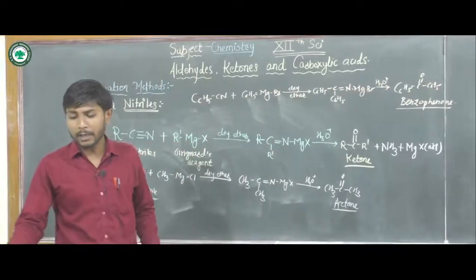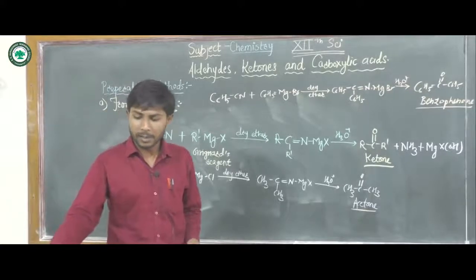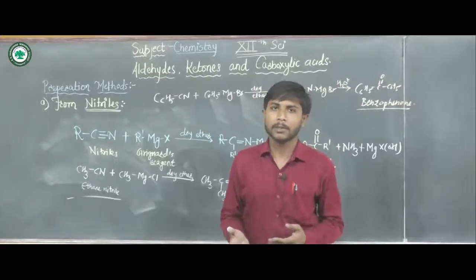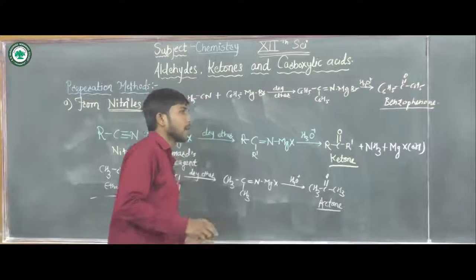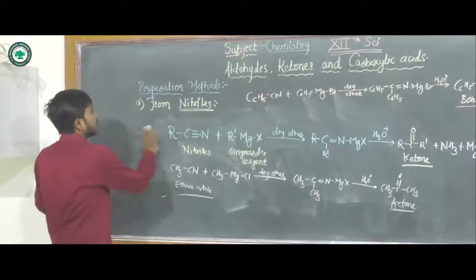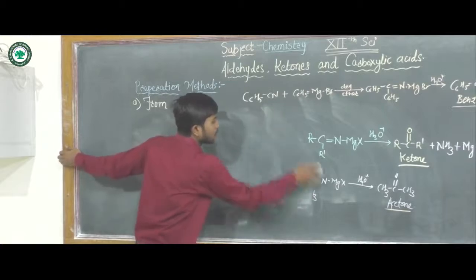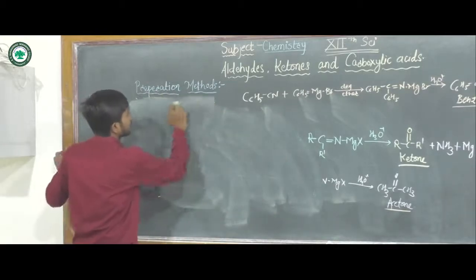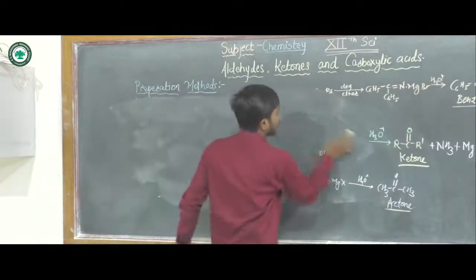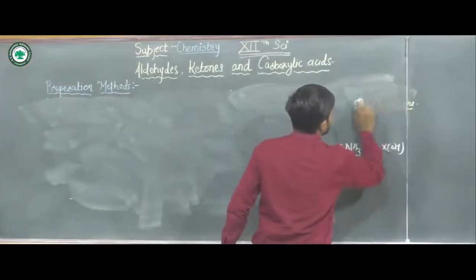Now we can prepare aldehydes and ketones from hydrocarbons also, but specifically here we are going to see the preparation of aromatic aldehydes from hydrocarbons. The aromatic hydrocarbon, for which we know the example is toluene, has no hetero compound. We can see the different reactions of toluene for the methods of preparation from hydrocarbons.